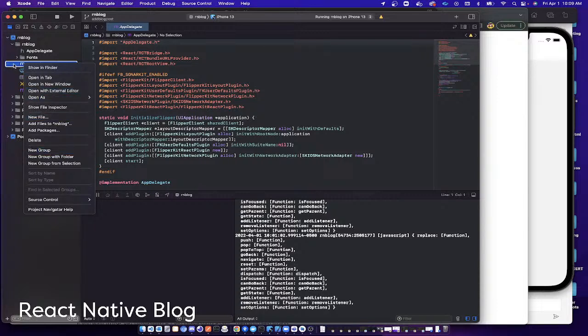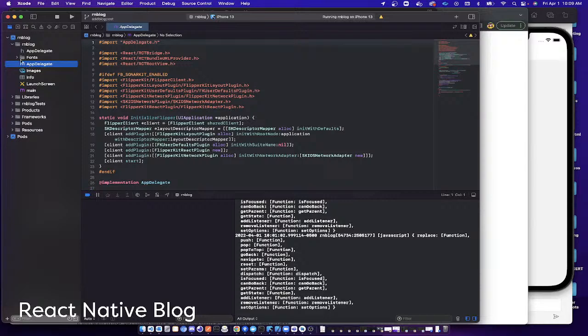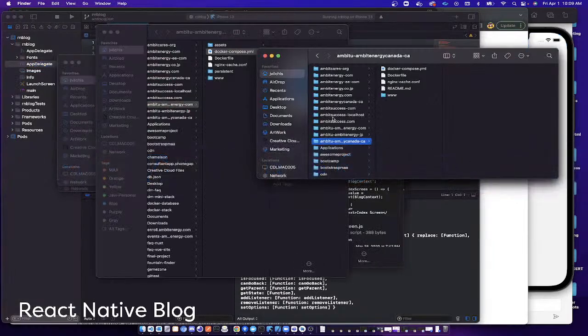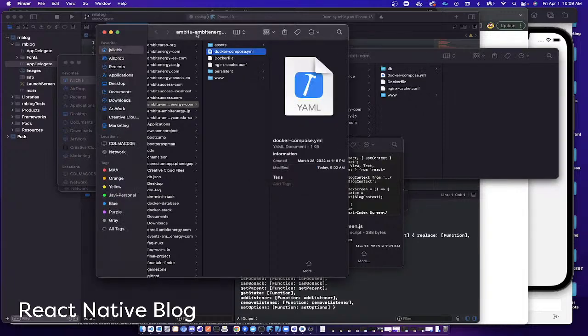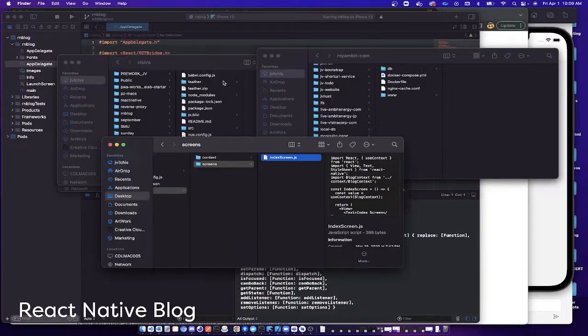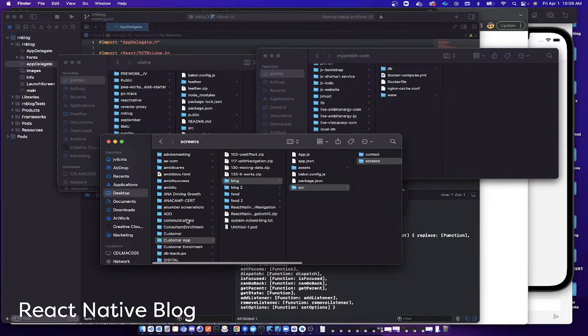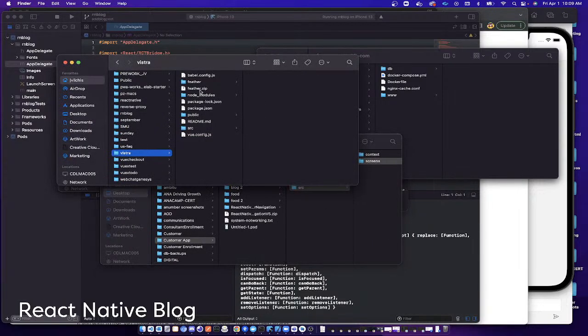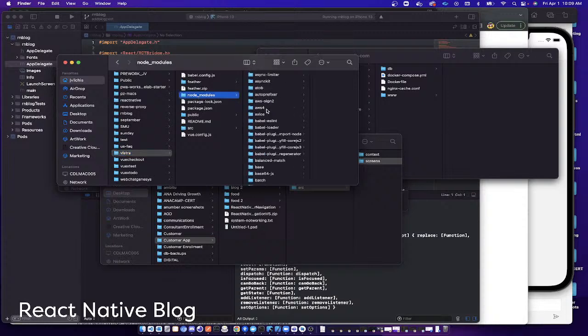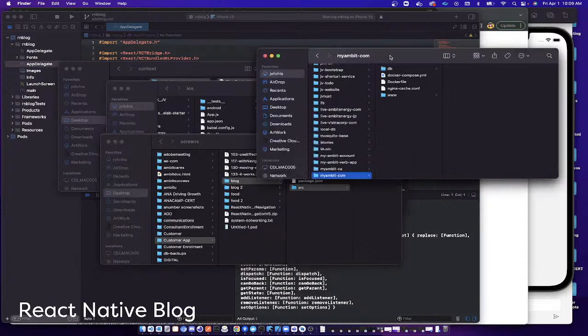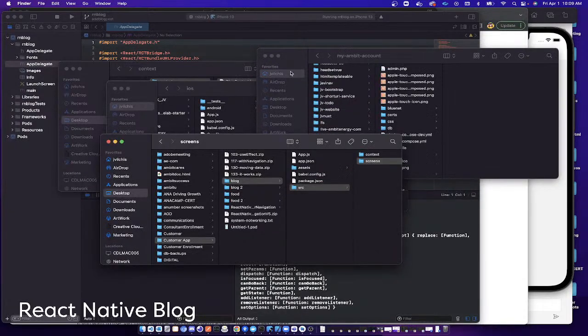Once you create a new group, you name it fonts, and what you're going to do is import or drag all the fonts from the module we just installed called React Native. So I am going to, excuse my mess,